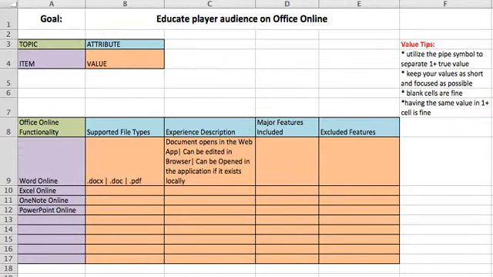Now we add the values. The values are the text in the orange cells. These are the true fact or true characteristic of our item and attribute. For B9, here I've listed supported file types of Word Online, and then in C9, some facts describing the experience